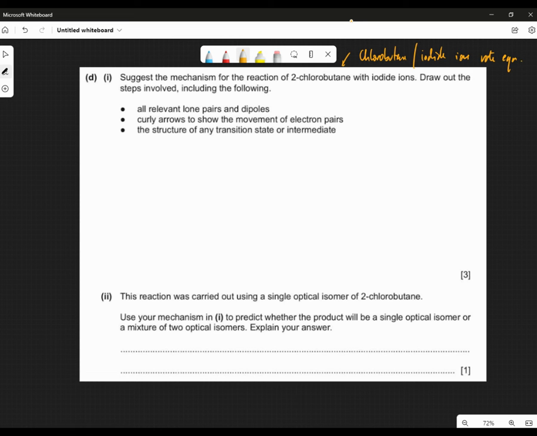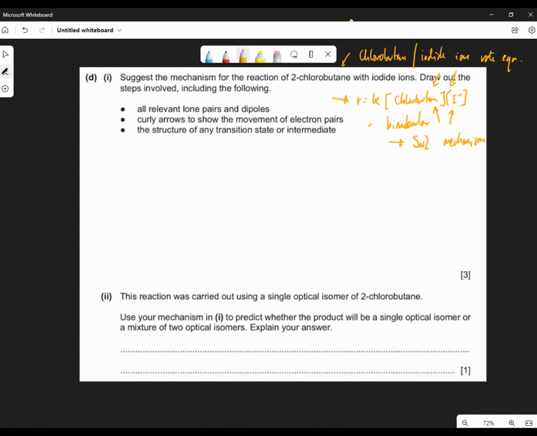Because they're in the rate equation, the rate is going to equal the chlorobutane and the iodide ions. Because of this, it's going to be a bimolecular mechanism, because there are two things in the rate determining step, and therefore it's going to be an SN2 mechanism. If you got this as your rate equation for the previous step, then you should realize it's SN2, because obviously there are two species involved in